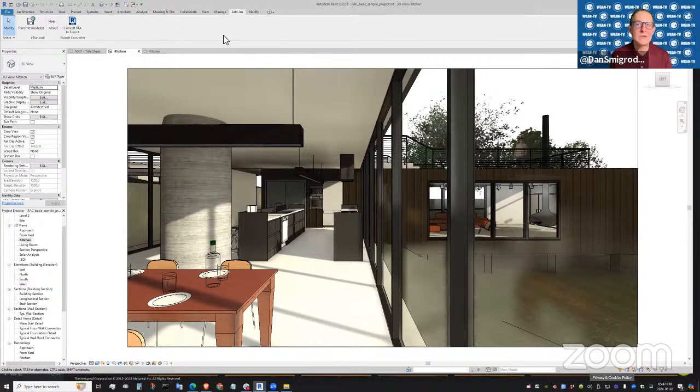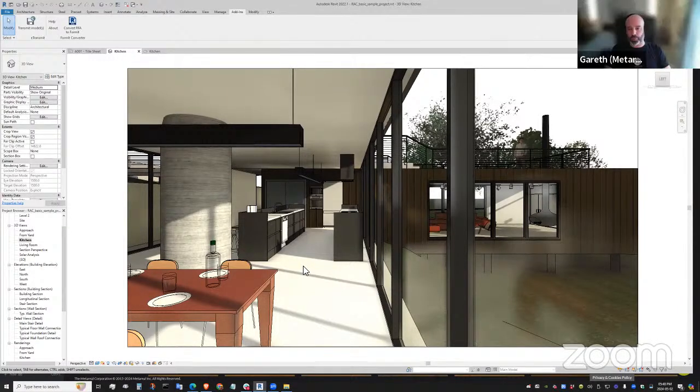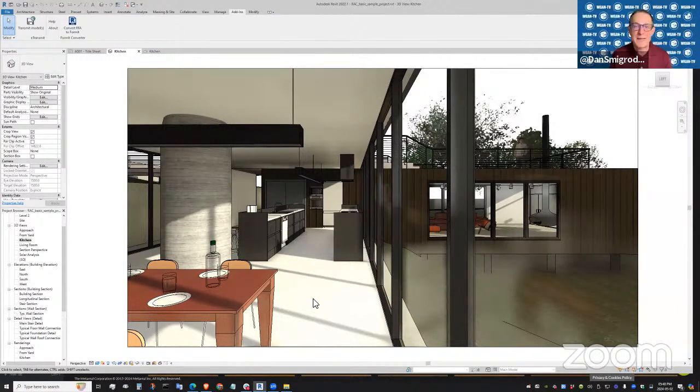The second is you may literally work with a virtual staging company or a virtual staging AI that lets you take your existing spaces and virtually stage them. And the question I've actually asked Gareth is, how do you do pre-visualization of a space that has not been built? But it also applies to virtual staging, where you've virtually staged existing 360 panoramas from a service provider. The workflow from here is going to be identical.